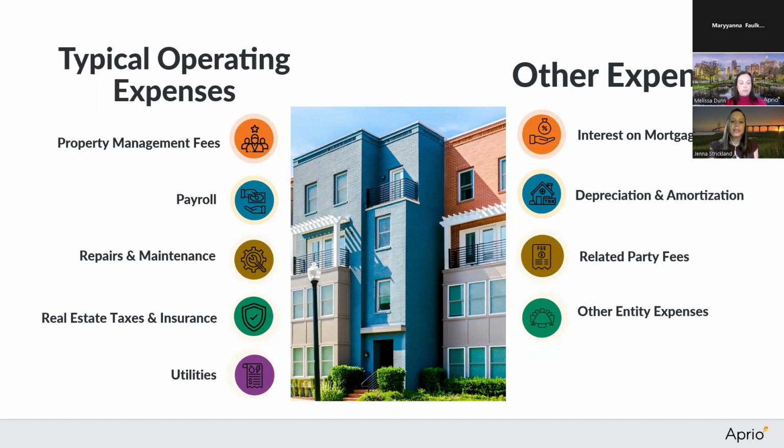And then other entity expenses, oftentimes these can be one-time events that are not expected to be reoccurring. You might see insurance claims here. So that could be income from insurance claims. It could be losses from insurance claims. You might see some other items here that are one-time, like if you had a lawsuit settlement or something like that. Those are typically going to be included with those other entity expenses. So that's kind of your two expense items.